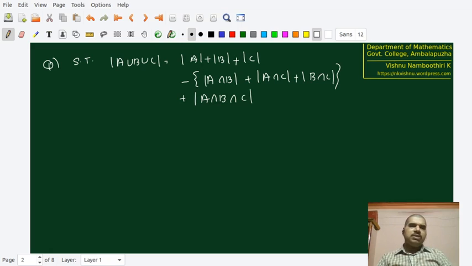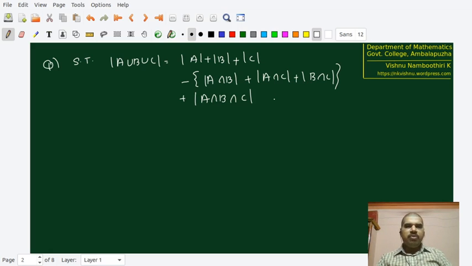See, what we have done is we have included all of A, B, and C. Now we are removing those appearing in A intersection B, because those elements have been counted twice. A intersection C we are removing, and B intersection C we are again removing. But now the problem is that we are removing some elements more than once, so to compensate for that, we are adding A intersection B intersection C once again back to the sum.